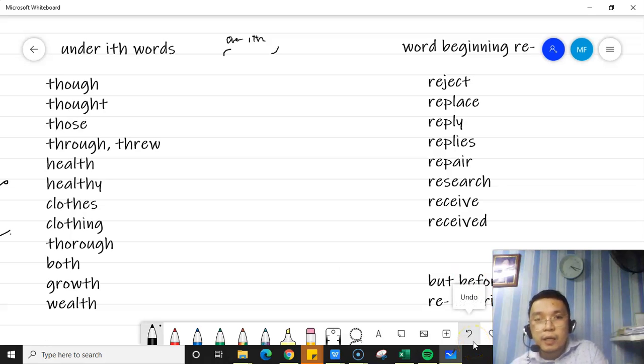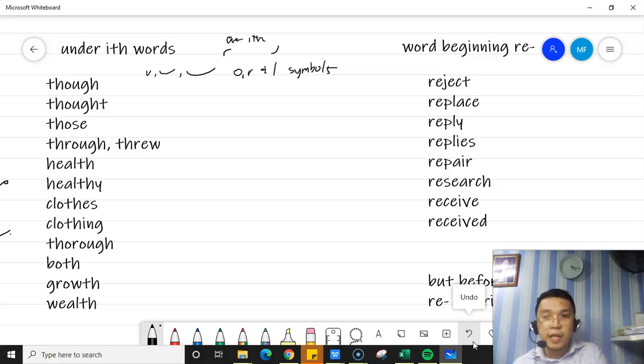Ito yun, klase. Okay, overeat. So, again, overeat, kailan natin sinusulat ang overeat or kailan natin siya ginagamit? If it is after the O, R, and L symbols. Yan lang yon. So the rest, if it is not after the O and R or O, R, and L symbols, over is na ang gagamitin. Diba? O, R, then L symbol.